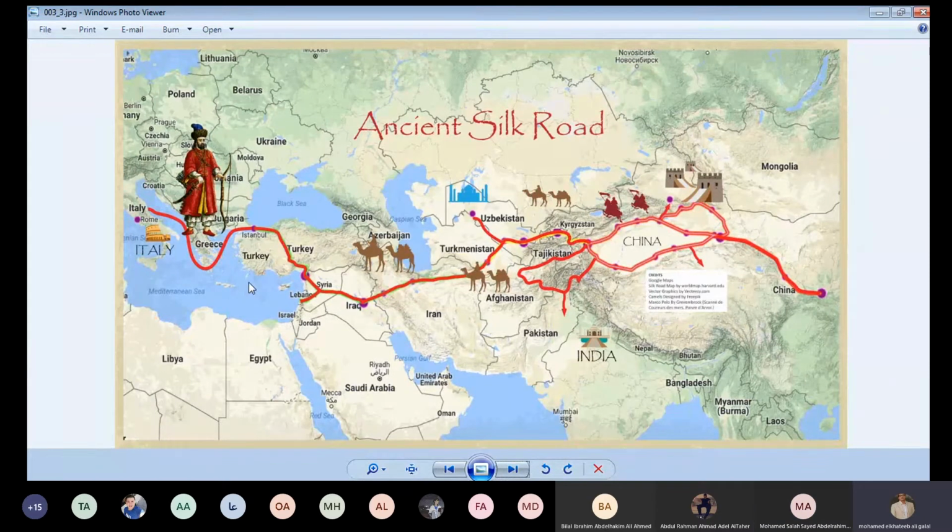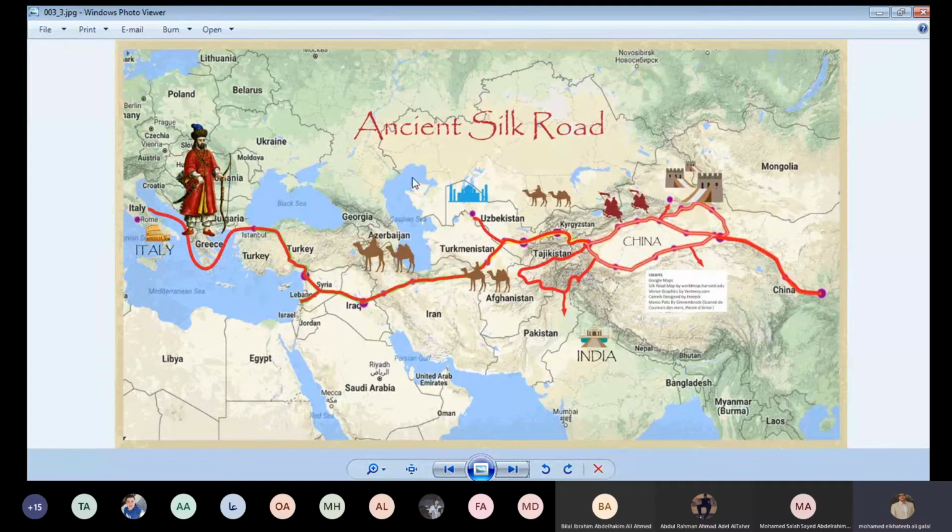Who was taking control of the Silk Road? Italy. What's the result of taking control over this Silk Road? Expensive goods. The prices of all of these goods imported from China, of course, it was high prices, it was expensive. And another result, Italy was the richest nation in all of Europe.